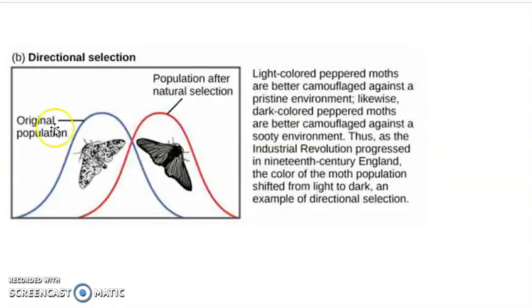This would be more clear, right? So in the original population, the number of peppered moths was more and the black were there, but very few in number. They were not selected because of the tree trunk. But once the tree trunk got covered by black soot, the white ones were not selected, and the black ones were selected. So the population became that of the black moth. So this is directional natural selection. Now comes the third one,